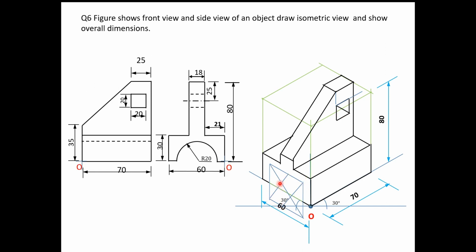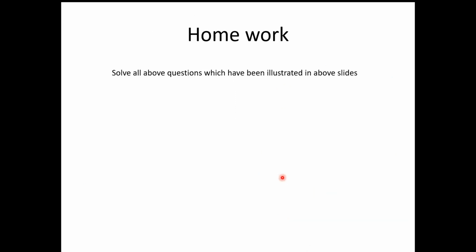So what we get? We get the two centers. This is one center and another center is this. So this has a center, draw the arc like this, and this has a center, this much radius, draw another arc. We have to draw this line also because this edge is also visible. So I will draw this.